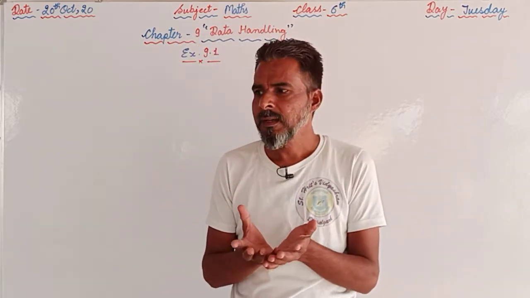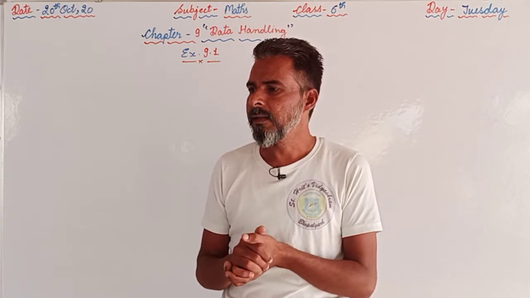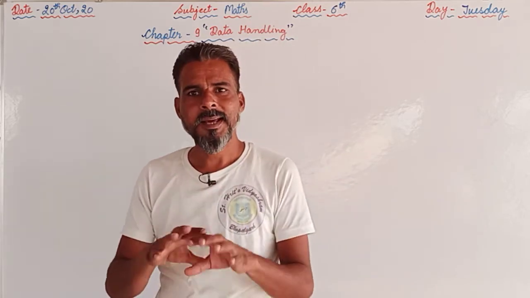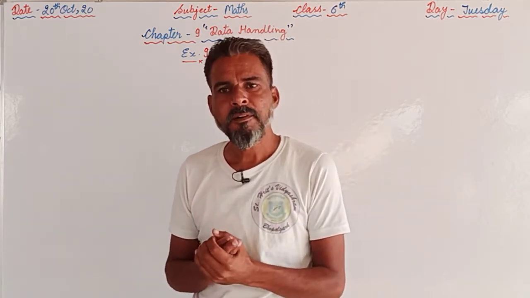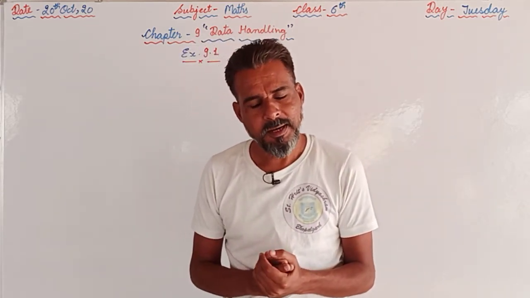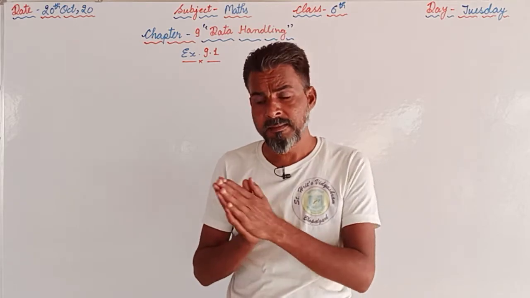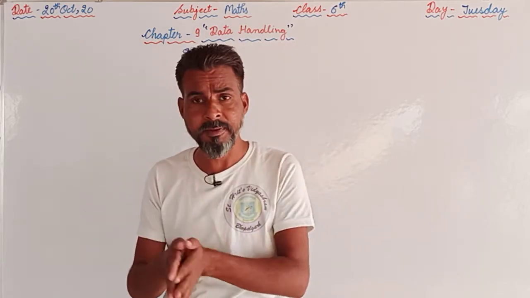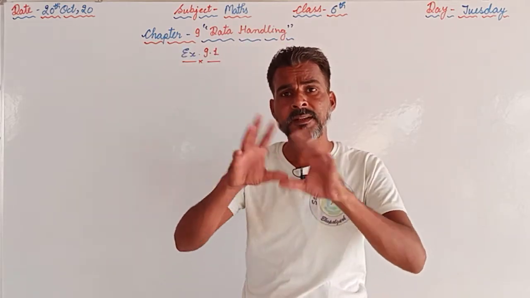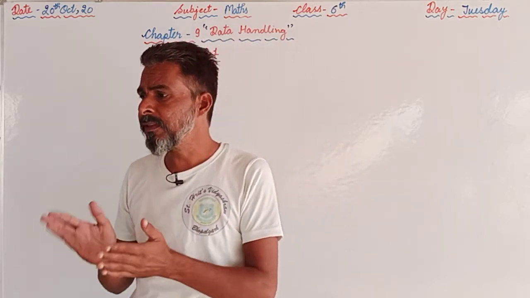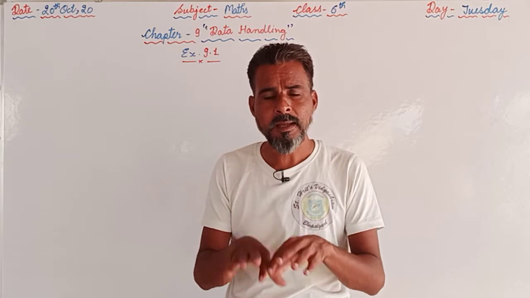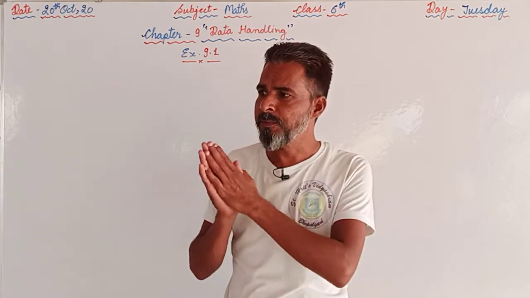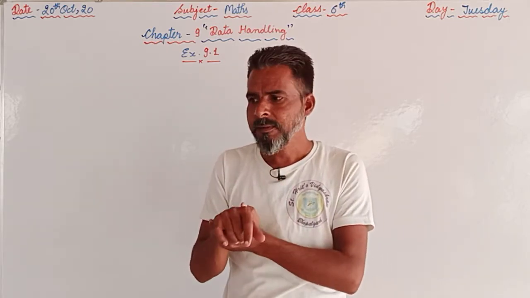Raw data, yesterday I told you that in question number 1, 2 and 3 the data is given, but that is not organized in a proper way. That is known as raw data. Now we have to organize that data given in a tabular form. In the first 3 questions it has been asked that we are supposed to prepare the table using the tally marks. So we have done question number 1, and I asked you